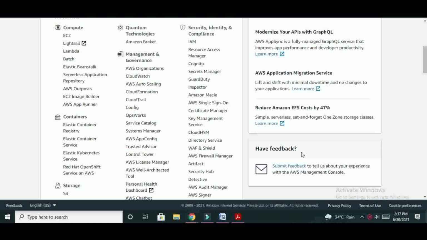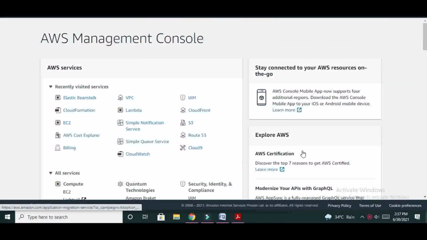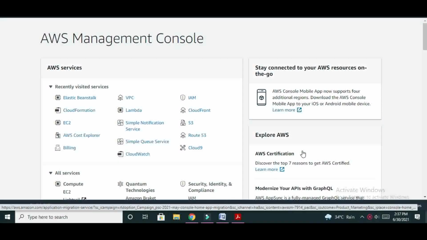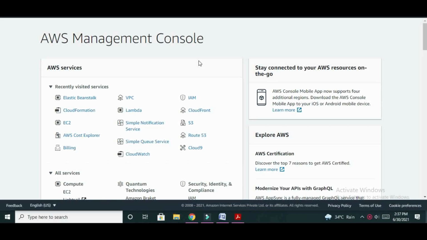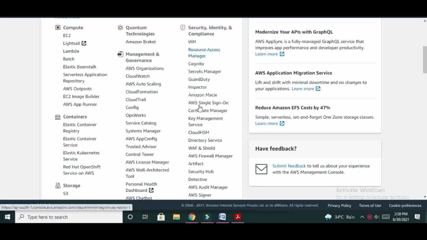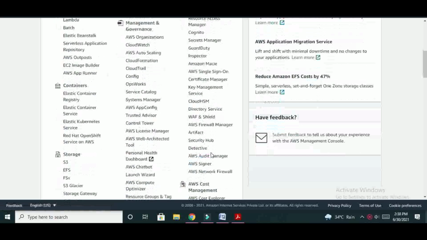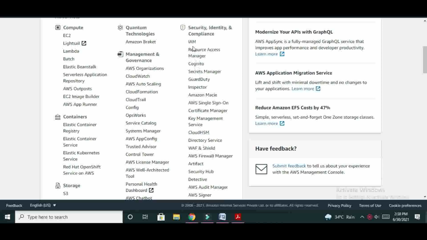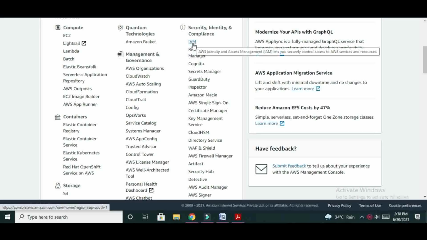Now let us check the security services provided by Amazon Web Services. For that, sign into the AWS Management Console and go to Security, Identity and Compliance services. These are the list of services that provide security, identity and compliance. IAM is the identity service. IAM stands for